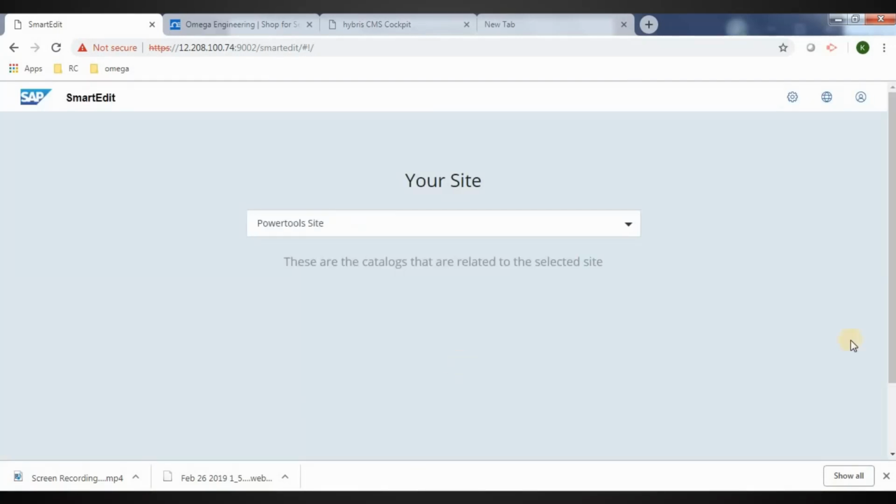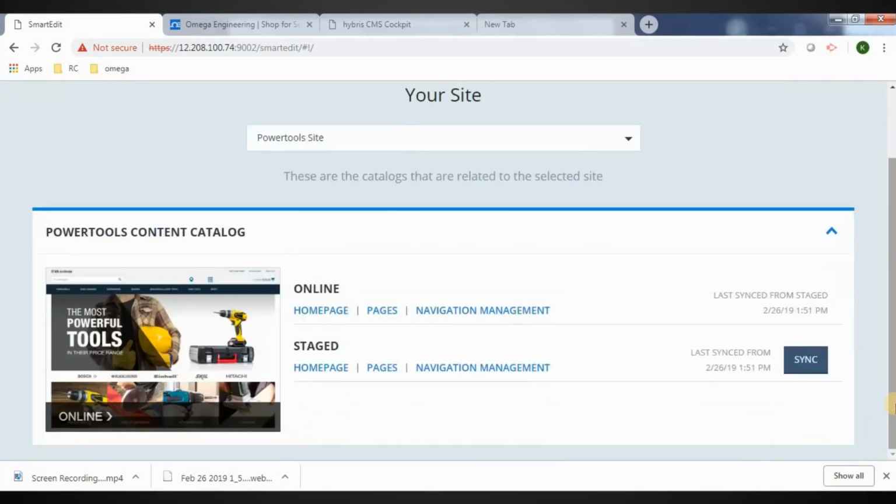There are two versions of the content catalog available, staged and online. Typically, the business users work in the staged version, and once they are ready to be taken online, they can be synchronized. Before we go further in editing the pages, I will give a brief about the page structure in SAP